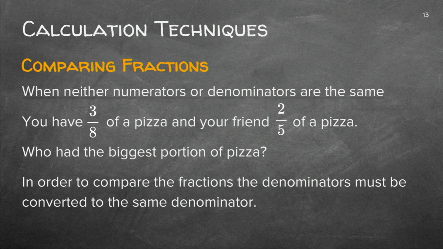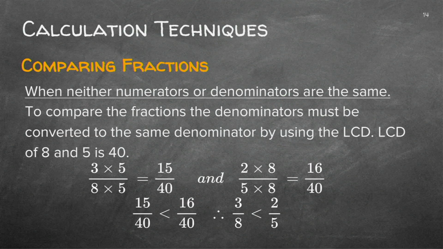Now, the most important one is when neither the numerator or the denominators are the same. You can see it. None of them are the same. And you have to order it. They're going to ask you which one is bigger or smaller. And the best way to do that is to use your lowest common denominator. That's very important. We are going to work with the lowest common denominator again in the next lesson. But this is the process. Like I said, we will do many sums like that again.